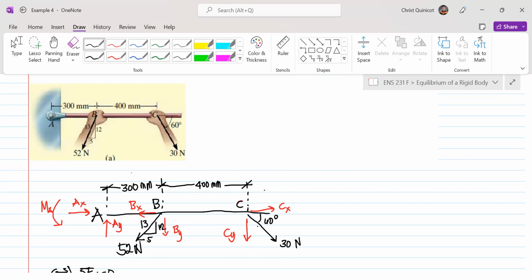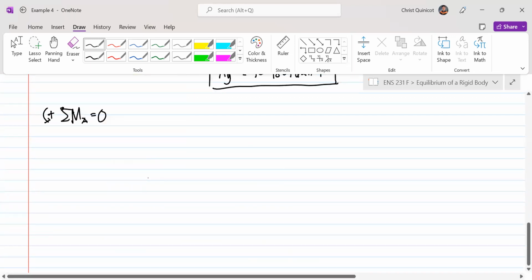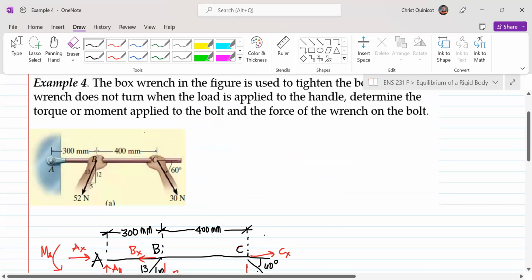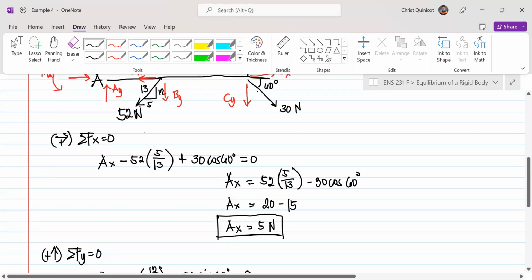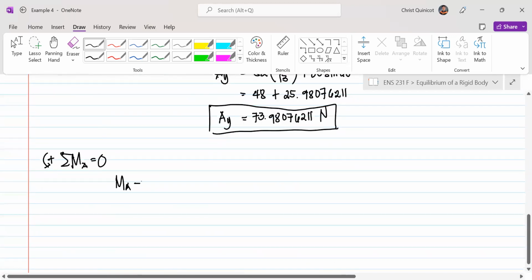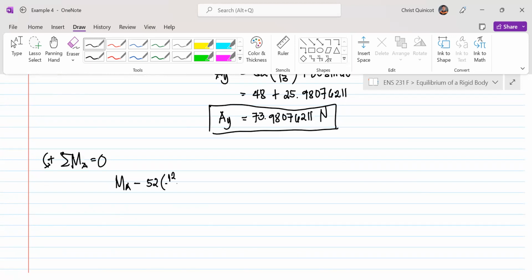So we have moment about A minus the force times distance of our B sub y, that is 52 times 12 over 13 times its perpendicular distance, which is 300. Now this is in mm, like what we have agreed, that in SI we must always report our answer in